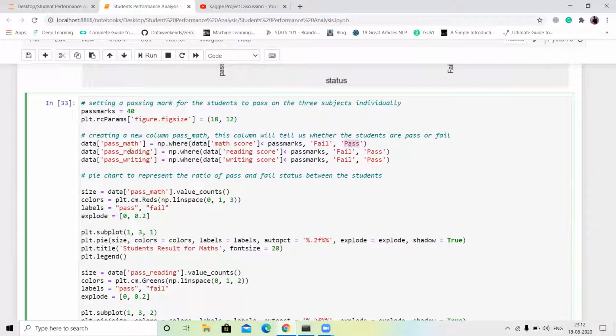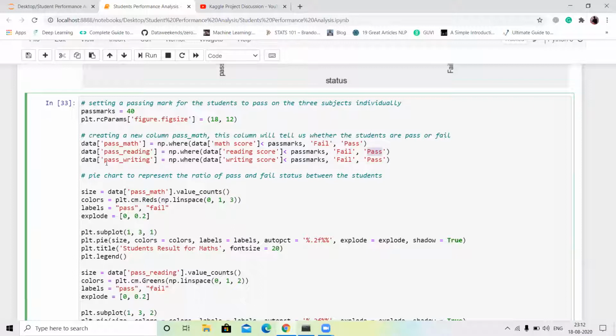Same thing, I create a pass reading column, and I define np.where the reading score is less than pass marks then fail, and if a student is greater than pass marks then pass.